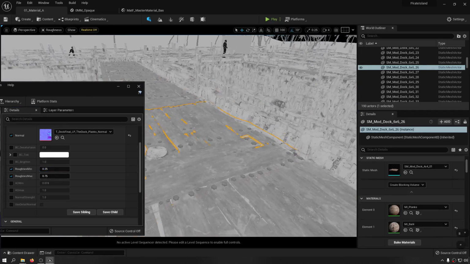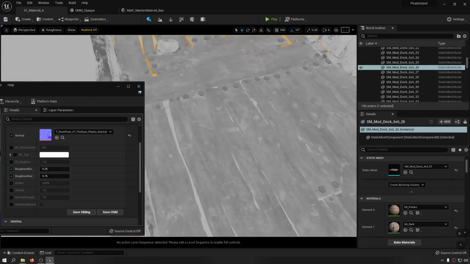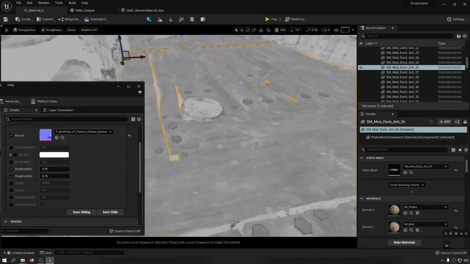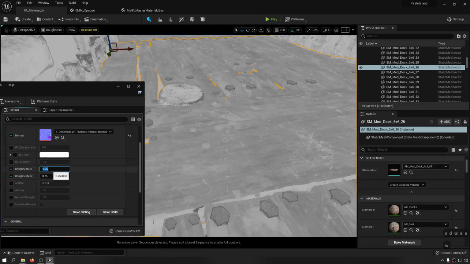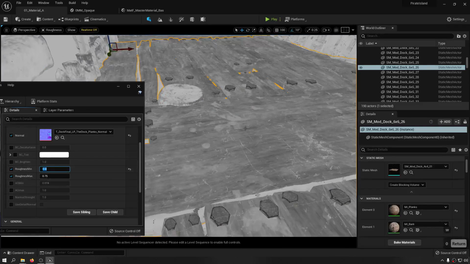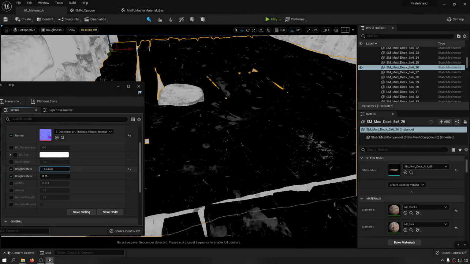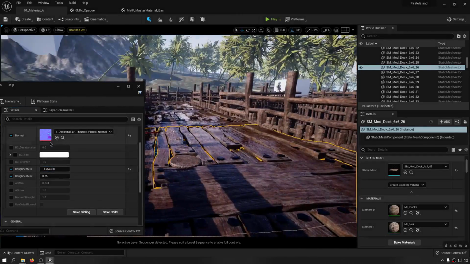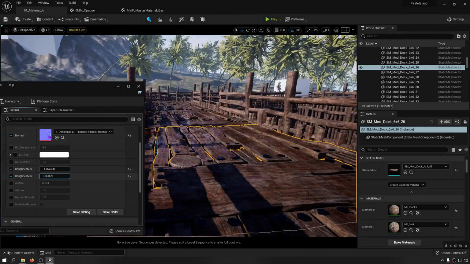and also looks like we need to fix the roughness on these as well. So the min roughness is 0.25, and if I try to put the min roughness to 0, it's going to use more values in it. So if I bring it down more, we're getting really a wet floor, something like this. And using the max roughness, we're able to tweak the values. So I'm going to keep this,